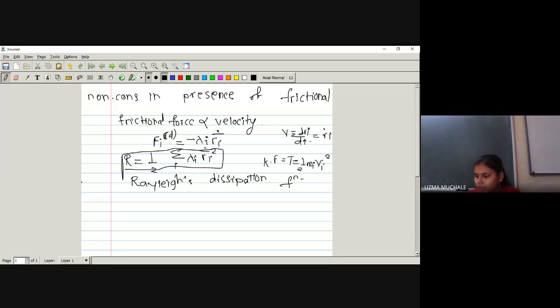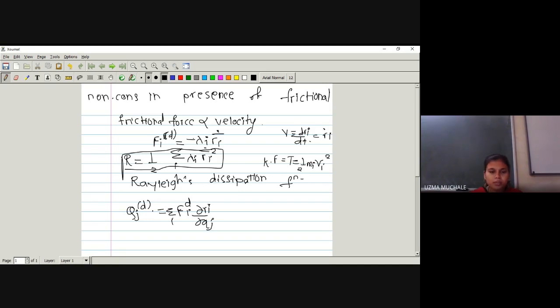Let me go for the next one. Now, as we are having frictional forces as well as non-conservative force, we are going to use a new function, as it is a dissipative force. So consider now QJD. Sorry, QJD we are going to consider. QJD we will write as equal to summation over i of FiD, that is the dissipative force, into dou Ri by dou Qj.